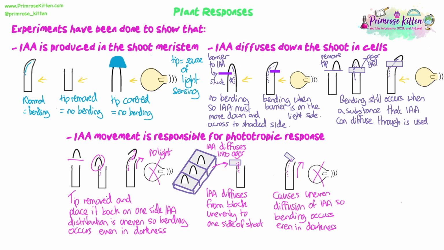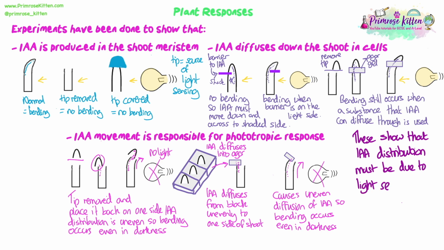These experiments show that the IAA concentration must be being controlled in the light. So when the shoot tips are exposed to light, they are able to tell where the shaded side is and where the light side is, and the movement of IAA is then organised based on where the shaded side is. And it moves down that side, and there's a higher concentration on the shaded side, which causes that elongation and